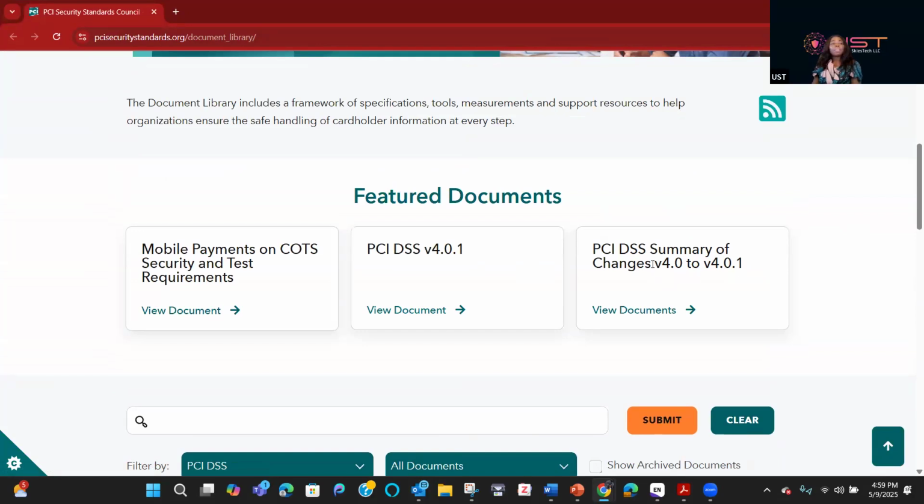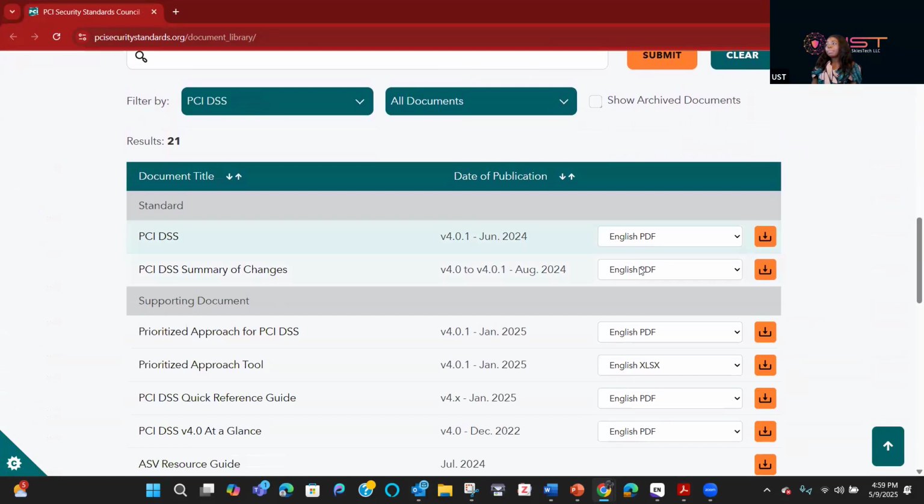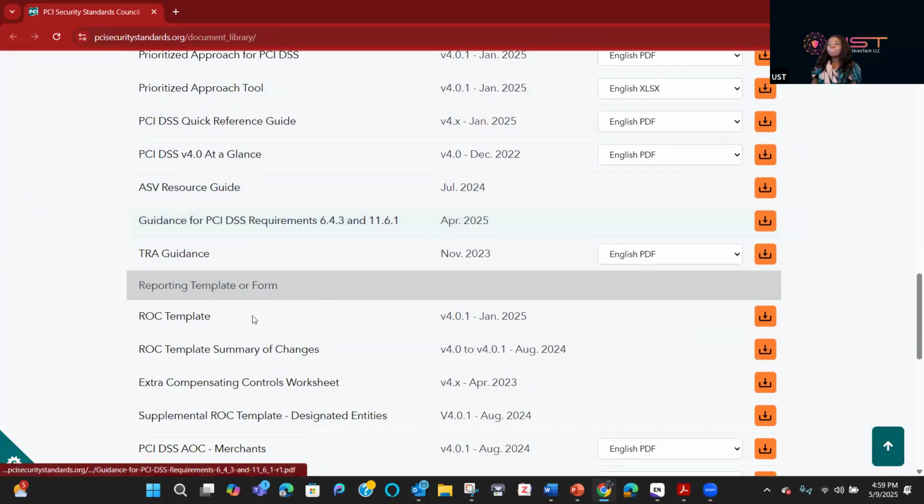So this is some of the things that if you all think, I don't think there are any organizations that still have 4, but still that's something that you want to know, of course. You can definitely go there and read it yourself. But do you see, for example, you have the ROC template? You can take this template and then try, even with the help of ChatGPT, to see how you can come up with material based on this template,